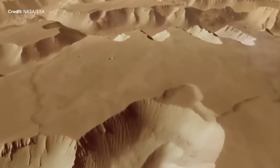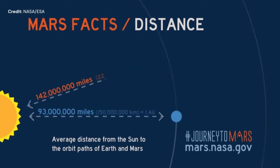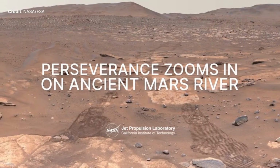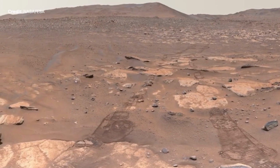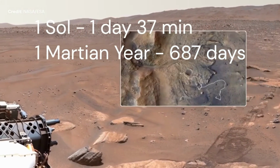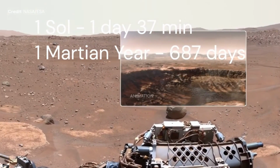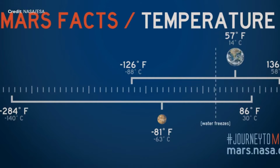The atmospheric composition is 96% of carbon dioxide, 2% of nitrogen, and 2% of argon. It is located on an average of 229 million kilometers or 142 million miles, or even 1.5 times further away from the Sun compared to Earth. A Martian day, also called Sol, is 37 minutes longer than an Earth day, and a Martian year takes 687 Earth days. Mars has an average temperature of minus 63 Celsius degrees